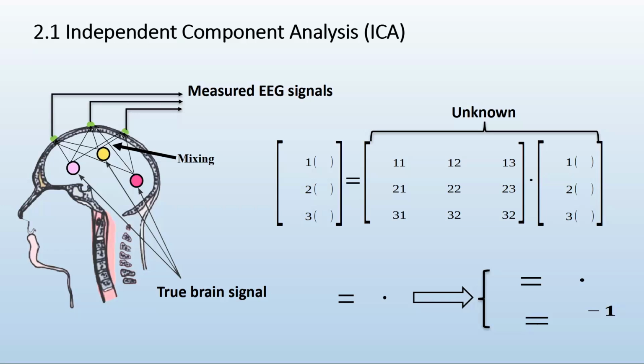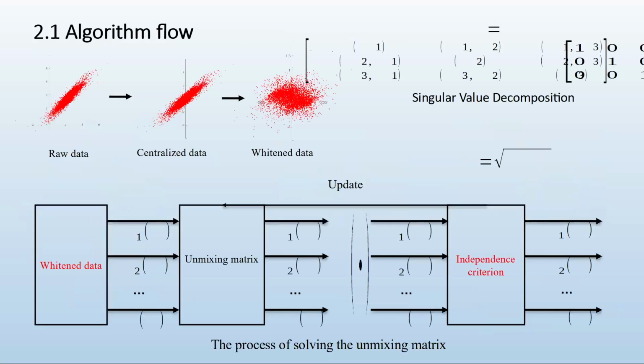So that means we need to convert this measured mixed EEG signal to remove the dependency among different channels to produce the true brain signal. And in order to remove the dependency among different channels, the first thing we need to do,